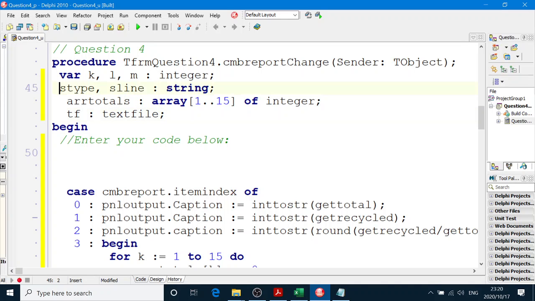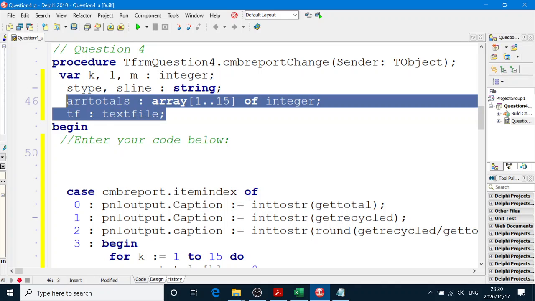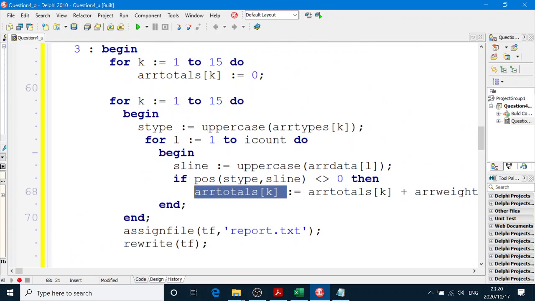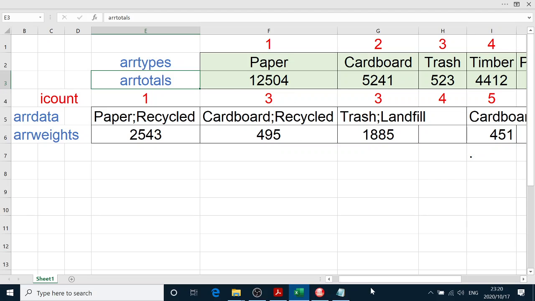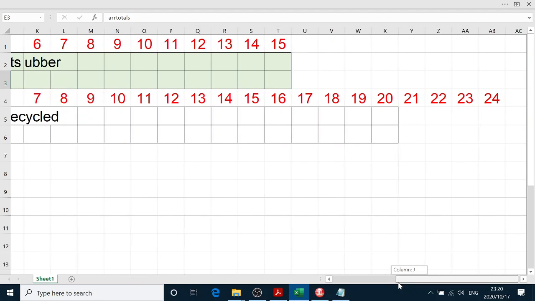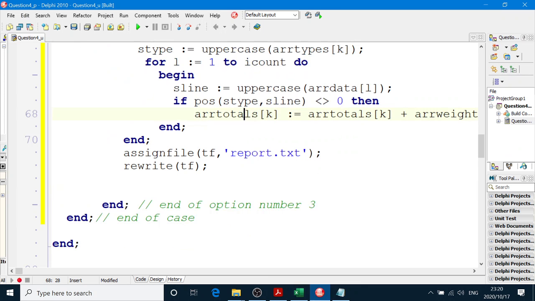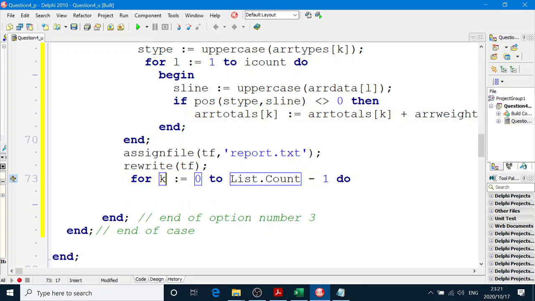By the way, you must try not to use global variables. Use as few local variables as possible. And then once we've got the rewrite, now we're going to use a loop. And the loop is going to go from 1 to 15 for AR types and AR totals. Remember, there's 15 of them. AR types and AR totals, they're parallel. So we say for, we can use K again, equals 1 to 15, do,